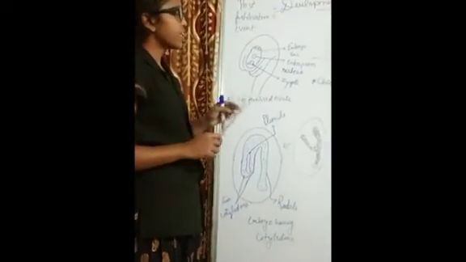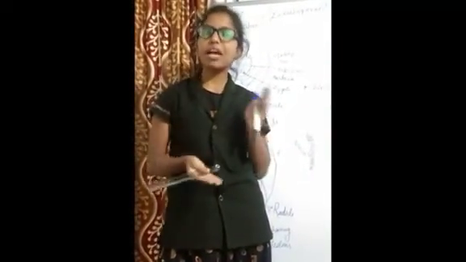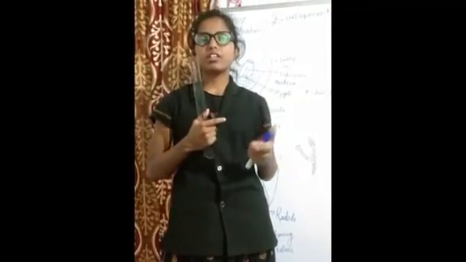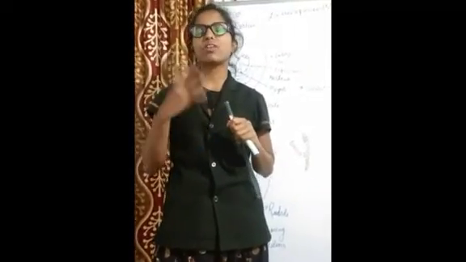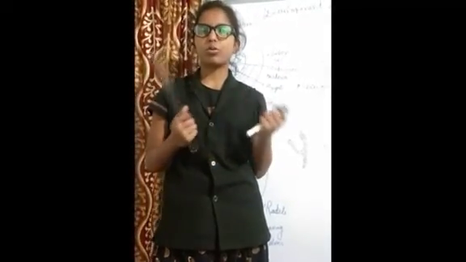Now let us see what happens to this zygote. We know that as soon as the pollination takes place, or the fusion or syngamy takes place, the zygote starts dividing mitotically, mitosis or equational division starts and forms a group of cells. A single cell will divide into two cells, then into four, and in this way they form a group of cells which will form tissue. Then further division takes place. You are doing very well.